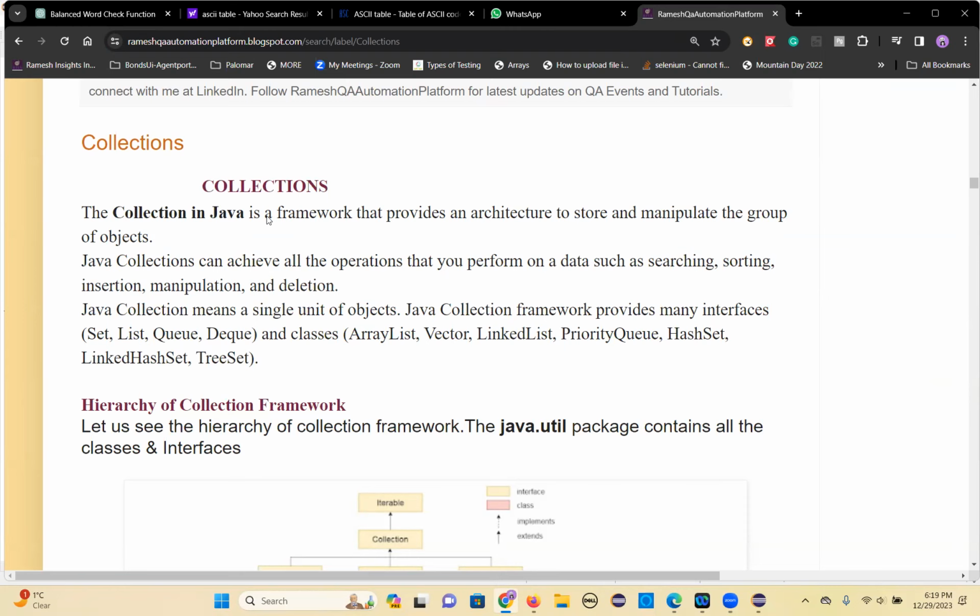So Java collections are used for many purposes, like you can search a particular element, a particular object value in the group of elements. You can sort the collection. You can insert a new element. You can manipulate, you can delete an element. So all this